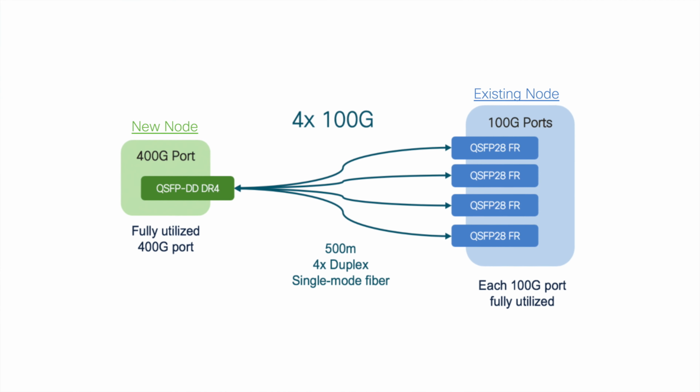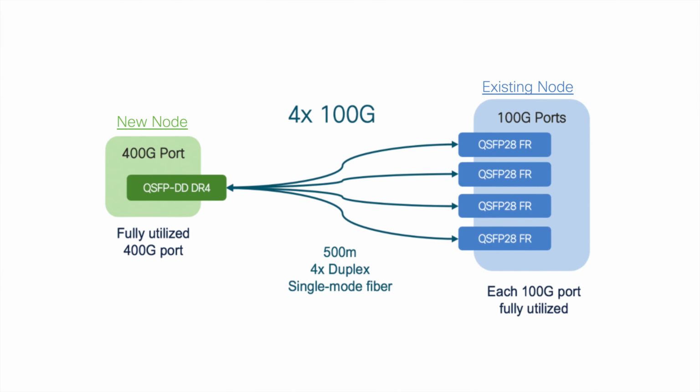Don't forget, you can break out a 400 gig port in 4x100 gig and expect it to connect to 100 gig SR4, LR4, or CWDM4. You will need to connect the breakout ports to one lambda 100 gig on the other side,